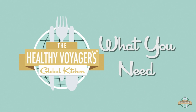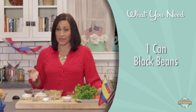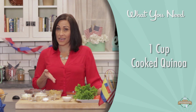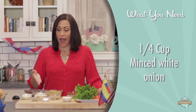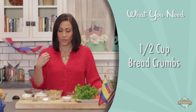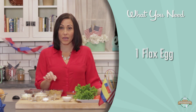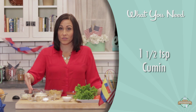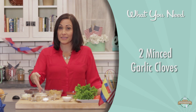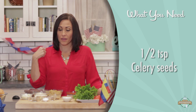All right, so first we're gonna get started with the sauce. So here's what you're gonna need. You're gonna need 1 can of black beans or refried black beans, 1 cup of cooked quinoa, 1/4 cup of minced white onion, 1/2 cup of breadcrumbs, 1 flax egg, which is 1 tablespoon of flax with 2 tablespoons of water mixed until gelatinous, 1½ teaspoons of cumin, 2 minced garlic cloves, 1/2 teaspoon of celery seeds, and some salt